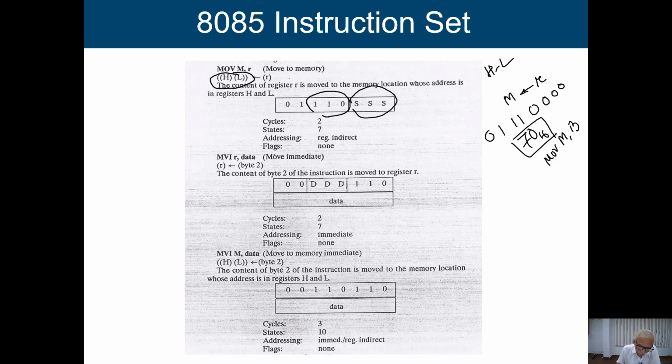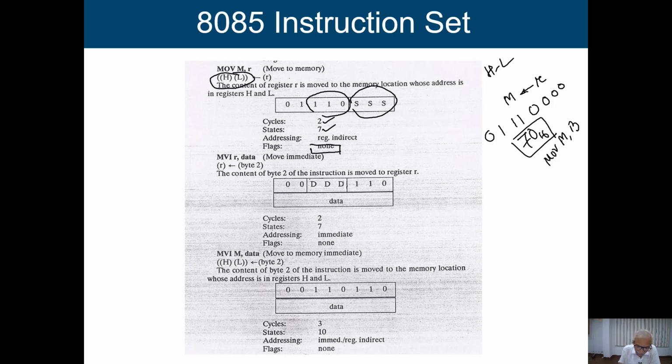Along with that, here we are having some information called cycles and states, as in the previous one also, and this is the addressing mode. It is saying register indirect, because here we are going to have register indirect. In this particular register we are having the address. From there we are going to get the address of a memory location. Okay, and here it is register direct. Though we are saying it is register indirect, basically always you have to see, if we are having two operands, then the addressing mode may be different for these two operands. Okay, and the flag is none.